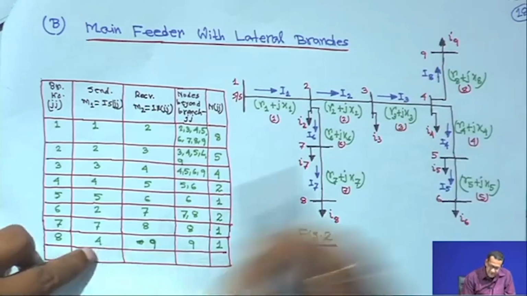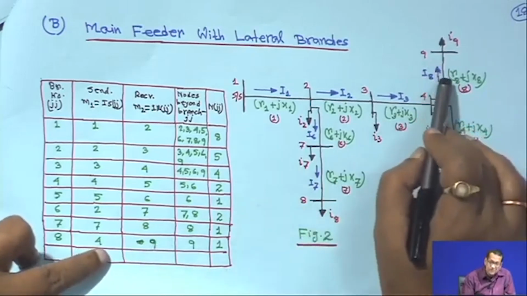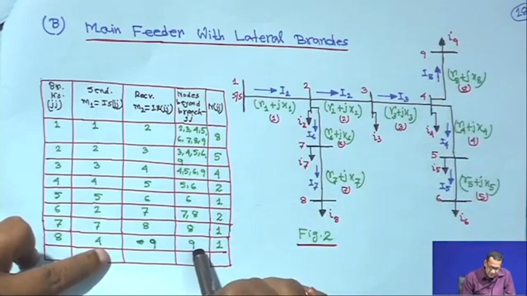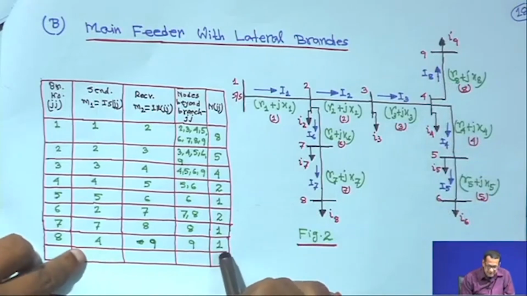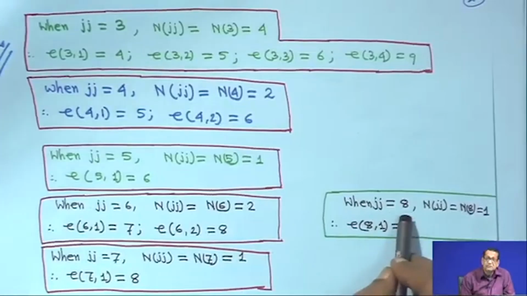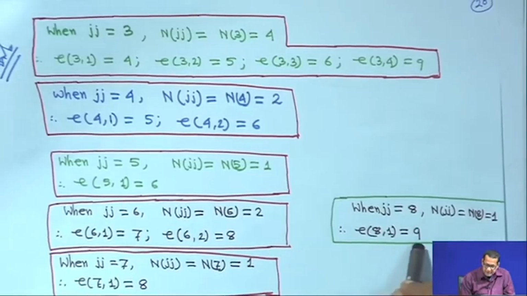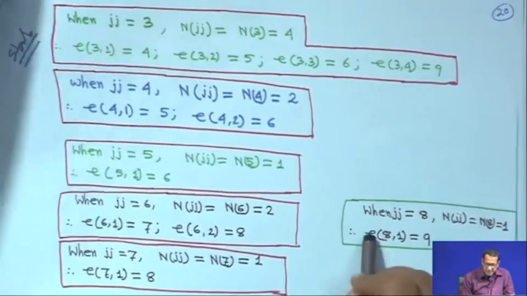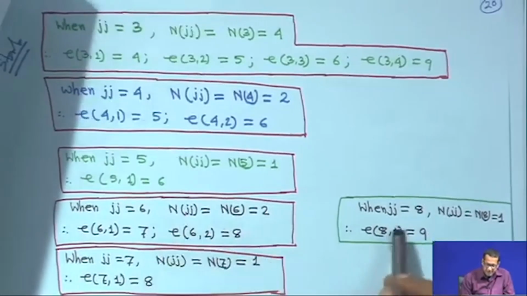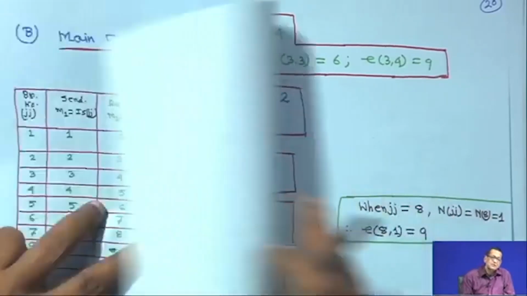So, M1 is 4, the sending end node, and M2 is 9, the receiving end node for this branch, and only one node, 9, and n8 is equal to 1. That means, here I have written, when jj is equal to 8, njj is equal to n8, which is 1, therefore E8,1 is equal to 9. This way you are identifying all the nodes beyond each branch and you have to put it in your